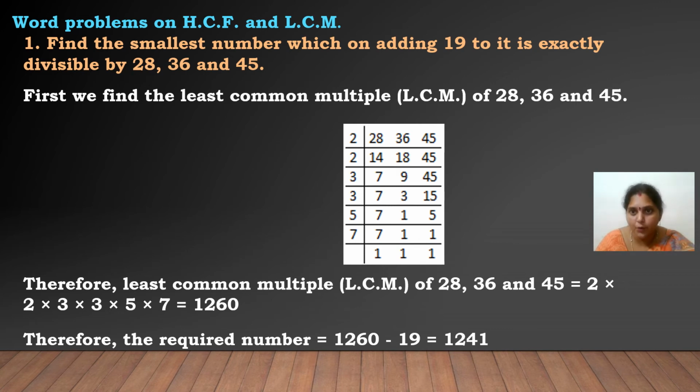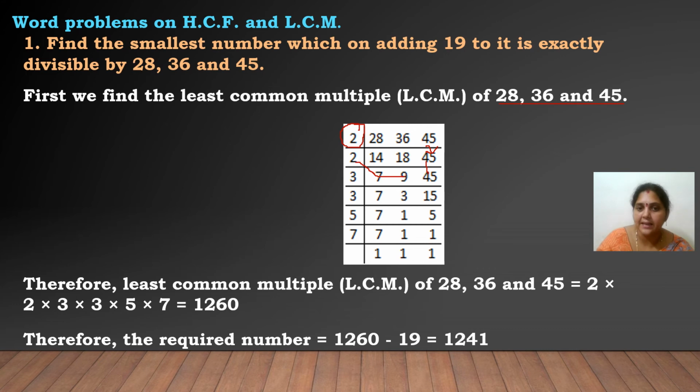As I showed you before, we have to take all the three numbers and write them horizontally. Take a prime number for doing the prime factorization. So, 2 14s are 28, 2 18s are 36, and 45 is written in the same way. Why is it written? Because 45 will not go in the 2 table, that's why 45 is taken down exactly as 45. Now again with the 2 table, 2 sevens are 14, 2 nines are 18. 45 will not go, so take 45 the same. Now if you observe, 7 will not go in the 2 table and 3 table.